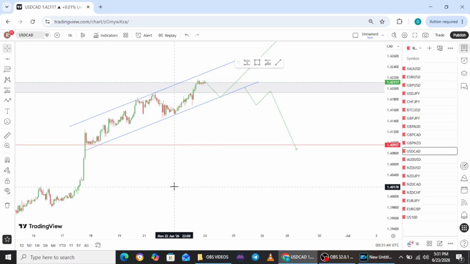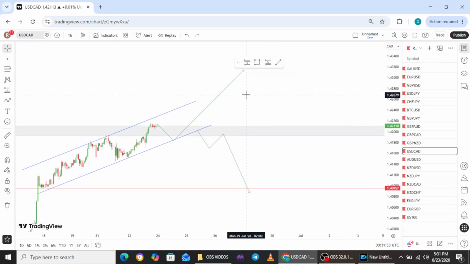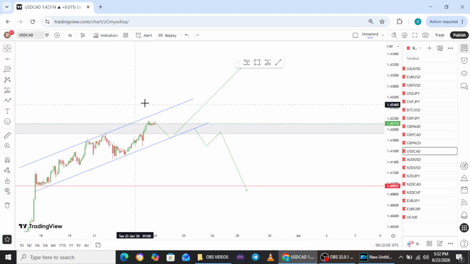But if the market decides to break to the upside, it's a good setup because it's actually an uptrend. So either way, this pair, I'll watch out for this pair. I'll be trading this pair today because the market is closing and opening around a major structure. So I'll add it to the pairs I'll be trading today. Let's keep an eye on this pair and see what the market plays out. Okay, let's go to the next pair,